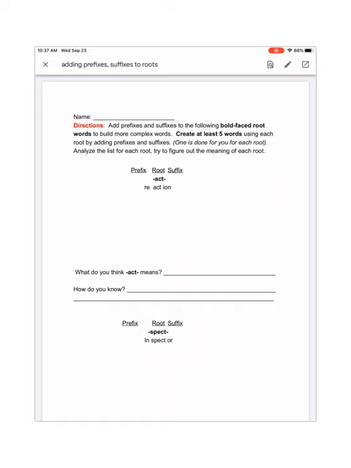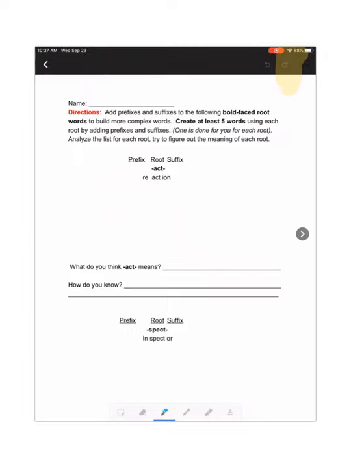So in Google Classroom, there's a pencil that you're going to see right here. If you tap on that pencil, you'll turn this worksheet into something you can edit. So then it's going to turn black, and then you now have an editable assignment. So you're going to see that on this I'm going to be writing. So there's my name, and as soon as I write, you're going to see that